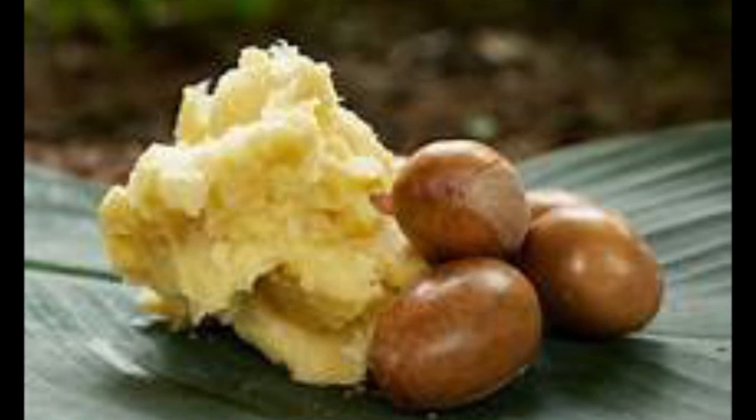Precautions and potential side effects of shea butter usage. Shea butter is generally considered a safe and effective natural moisturizer. Some people are allergic to tree nuts, and that can include nuts from the